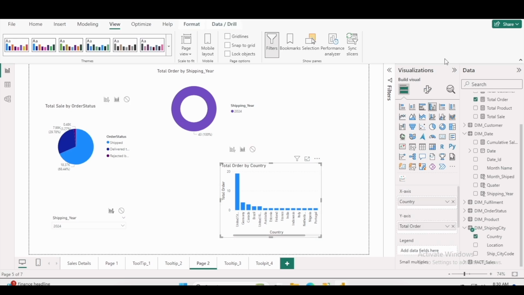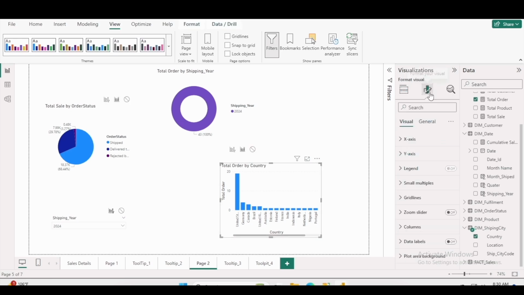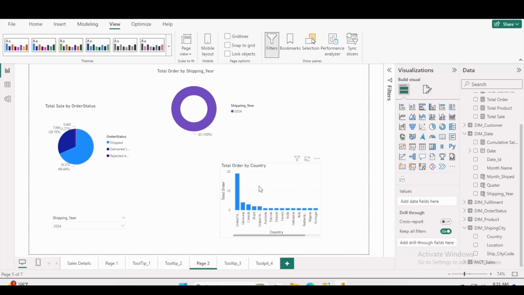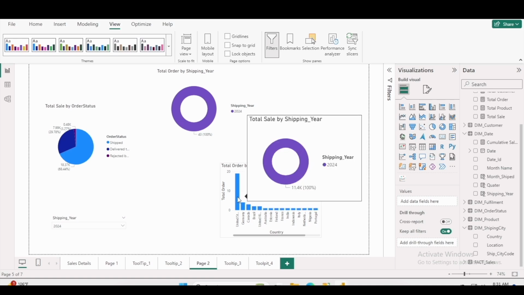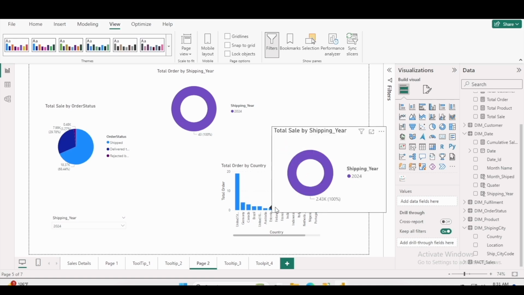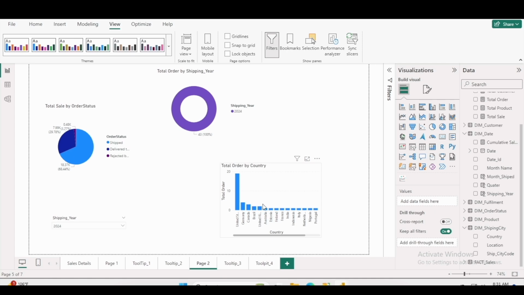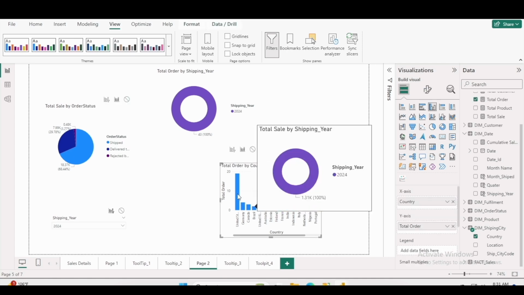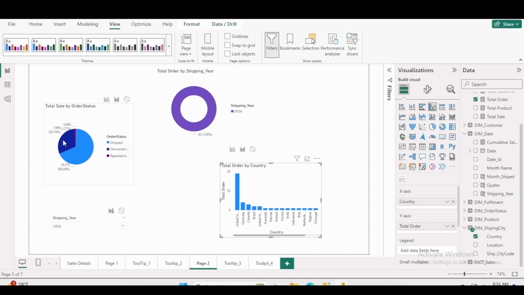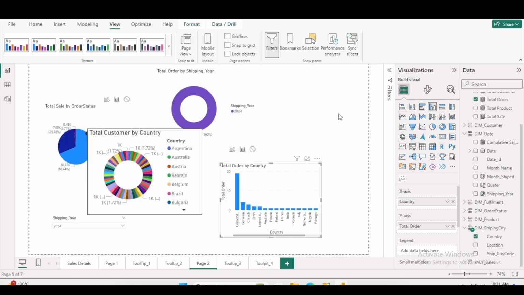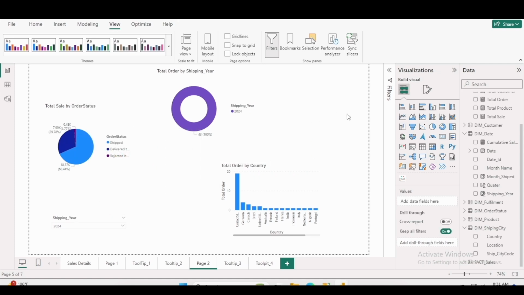Select this chart, go to the setting section, and inside the general you will find tooltip. In the tooltip, I am going to select this tooltip 4 here. Okay, so while hovering our mouse here, we are getting all the records related to these sections. Okay, so it is changing accordingly as we are selecting the sections. So this is the way we are using filters,